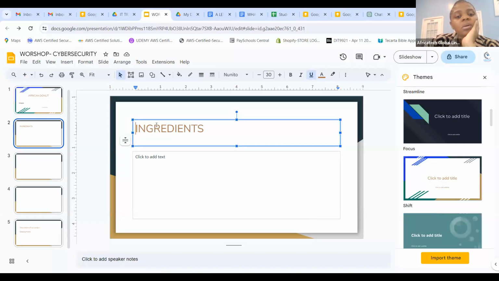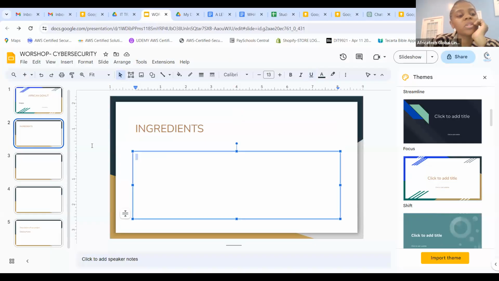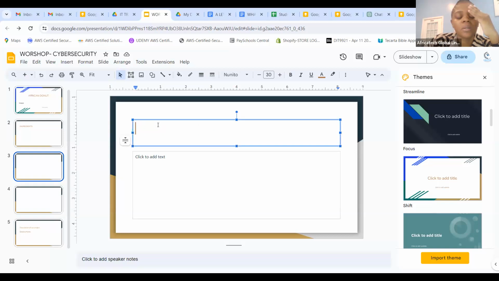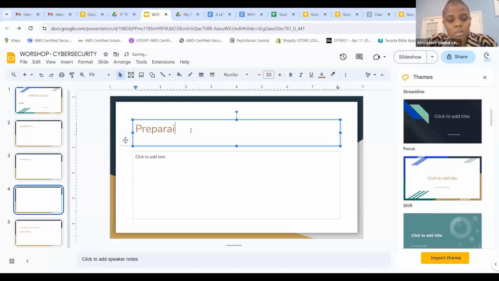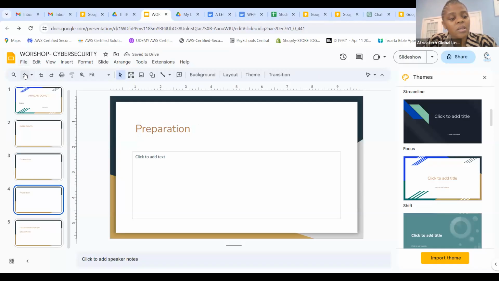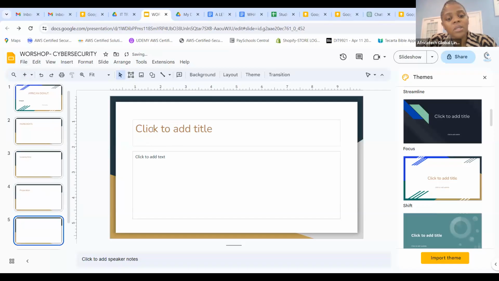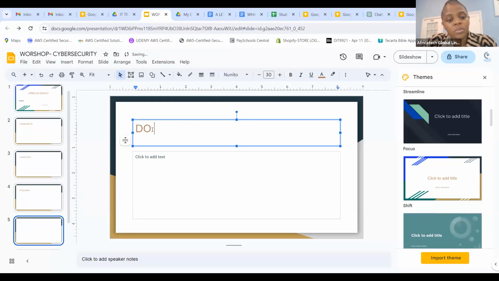Okay, ingredients. What else do we need for a cake? So you put the parts, time, cooking time, or preparation. You can put anything you want. You can even add another slide which says, do this part before.